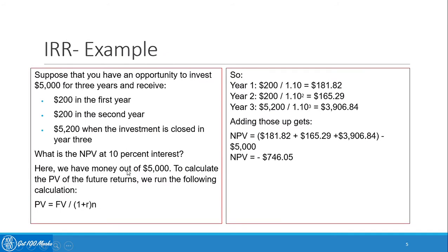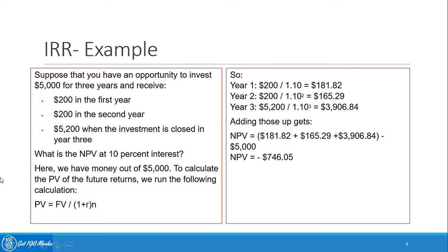Let's look at the example here. The method shown in the example is called the trial and error method. IRR can be calculated using Excel; it can be very quickly calculated using Excel. The trial and error method of calculating IRR is a little cumbersome and time-taking, but so be it. To understand the concept well, it's worth understanding the method.